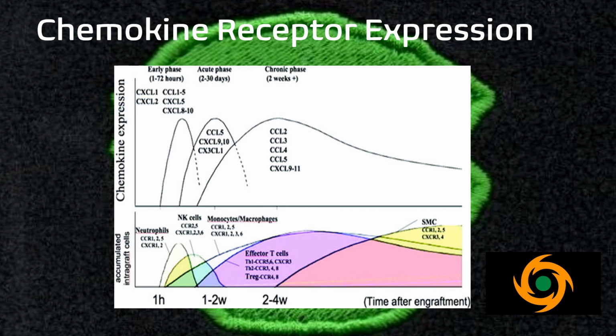So in the first 72 hours post engraftment, you have a range of varying chemokines and chemokine receptors being involved in part of the immune response. Notably, for example, between the first up to 72 hours and up to 2 weeks, and between the different phases, at the top part of the graphic, and notably